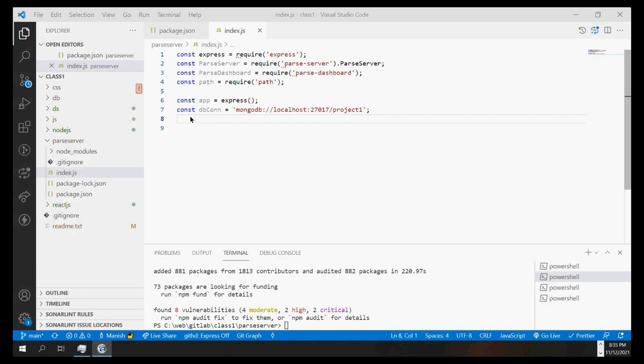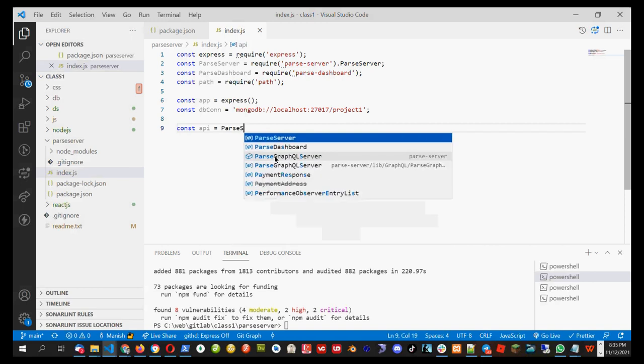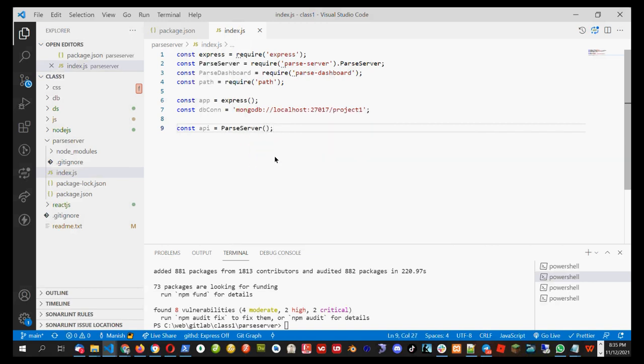Is it done or is it taking too long? Okay, done. Next we need to create the Parse Server configuration. So to create the Parse Server configuration, we have to say constant API equal to ParseServer. I call the ParseServer, that is this ParseServer here, and inside it I will start with the curly bracket